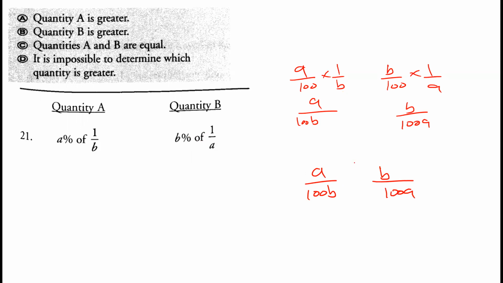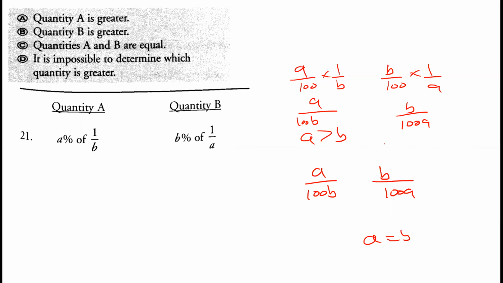Now which quantity is higher, greater, less? We can't say. They can be equal as well. If A equals B, it can be equal. But if A is more than B, then option A would be correct, or quantity A would be more.